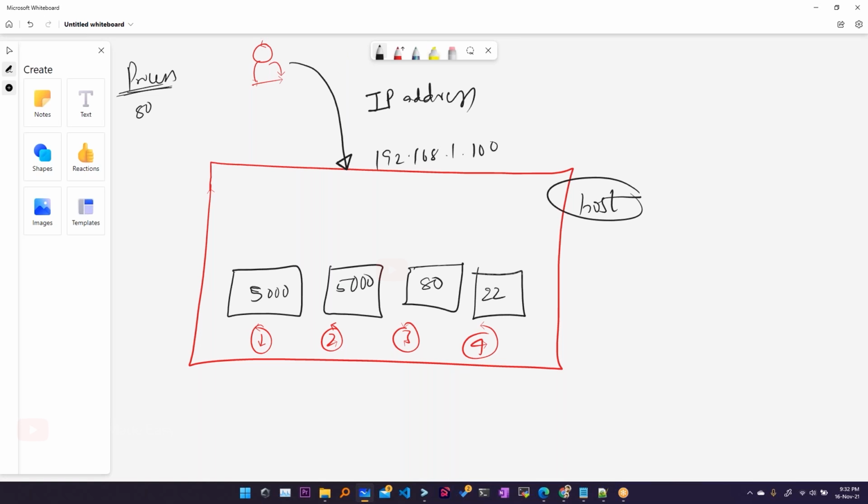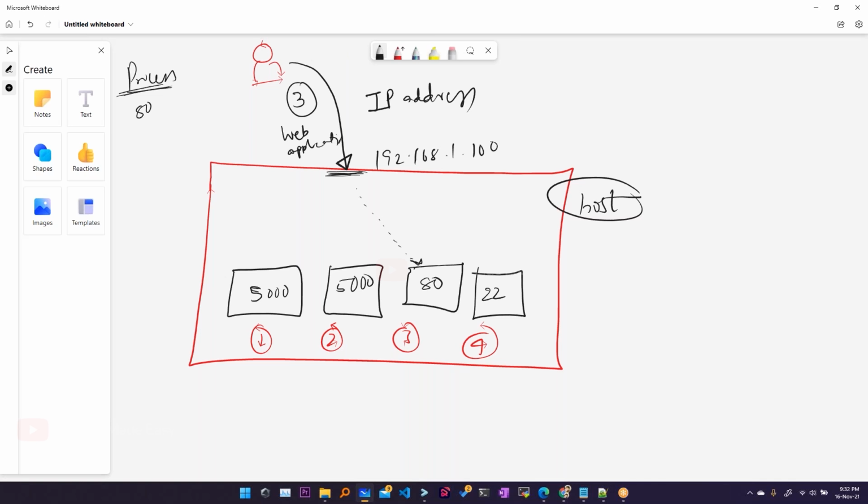When you want to access this third container, the web application, how is your system going to forward the traffic coming to your machine to the internal process? It has to send it to port 80.